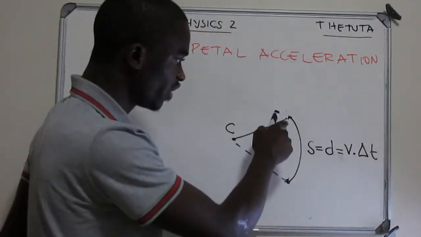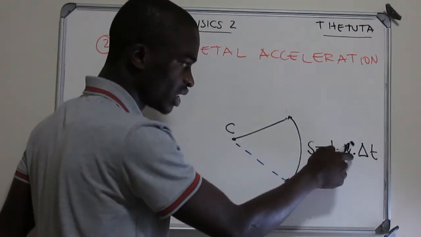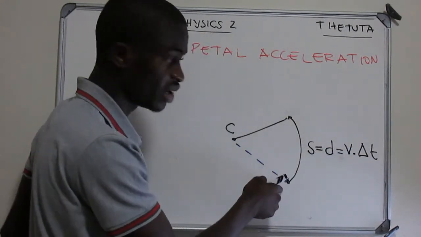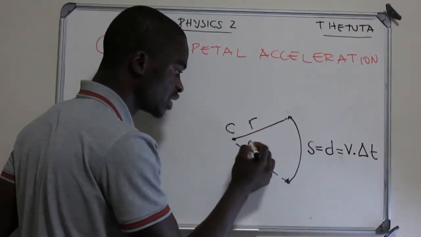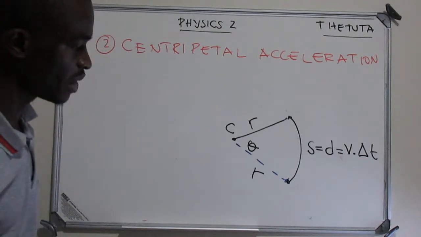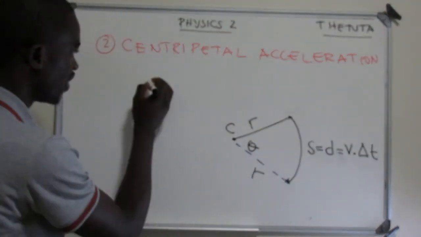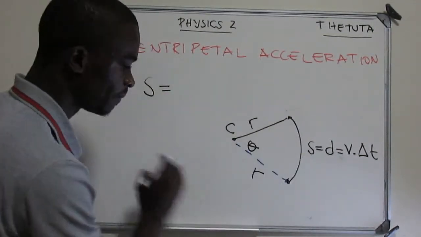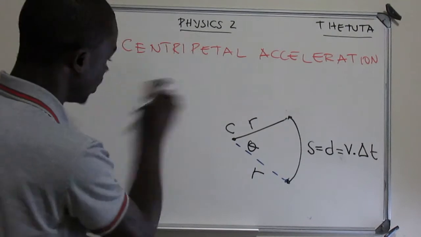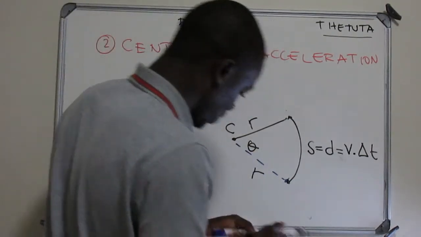Remember, in order for this object to move from this point to this point, there was a specific time. So it has a velocity and time involved. And then we have what? The radius, and again the radius, and then we have a specific angle. Okay? So from our Math 1, we remember that the arc length was always given by what? If we apply our SOHCAHTOA, we are looking for this angle. Okay? Let's apply our SOHCAHTOA so that we can prove it very well.